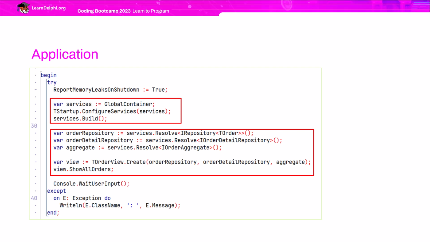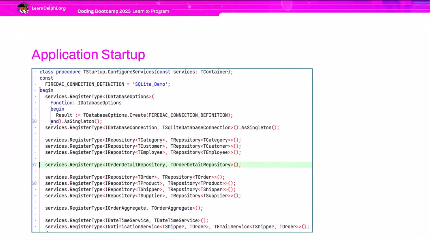The project file performs two tasks. It calls the configure services method of the tStartup class, which is responsible for project configuration, loading settings from files, Windows registry, credentials, certificates, which are not necessary for this project, and the registration of interfaces along with their corresponding classes, factories, or delegates. With the registration of all necessary services, the container can create dependencies and inject them into constructors at runtime. This reduces coupling between classes, enhancing code maintainability and evolution without the need to rewrite everything from scratch.